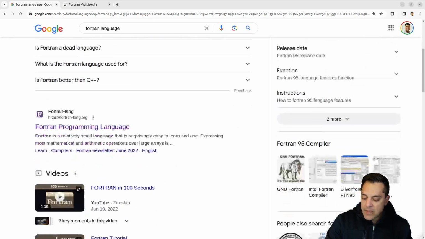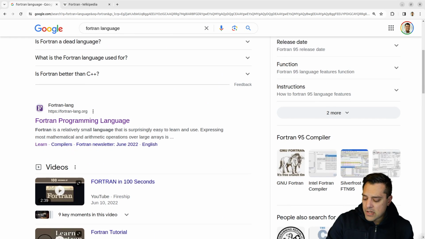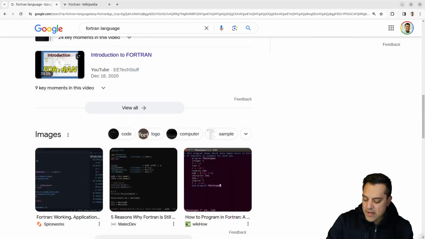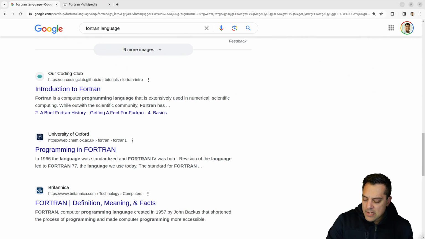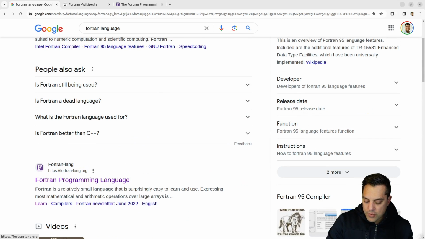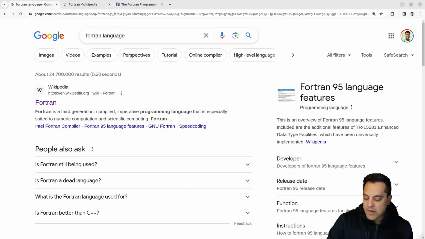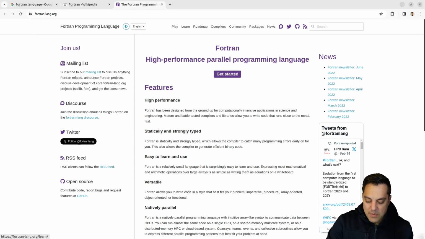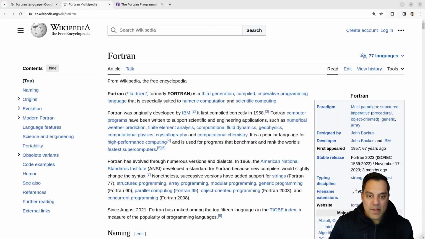I don't know the official websites, but I see a lot of great YouTube videos here and so on. Looks like there are some other introductions here. I'm going to assume it's this Fortran Lang page here. Again, I don't always get it right, but I think that looks like a reasonable website for learning and checking out Fortran here. It looks like there's a Discourse and all sorts of cool stuff here. But before we get to that, let's go ahead and start with some of the history here on the Wikipedia page